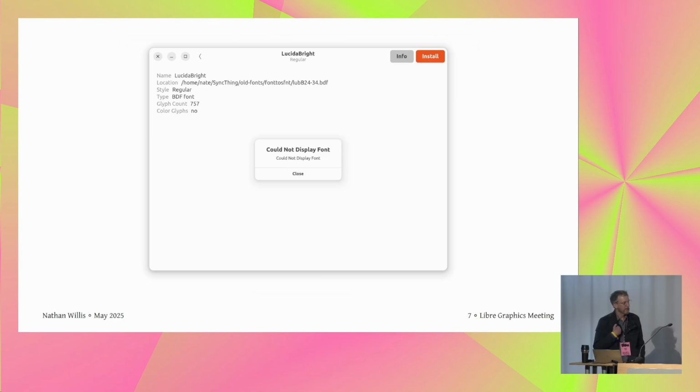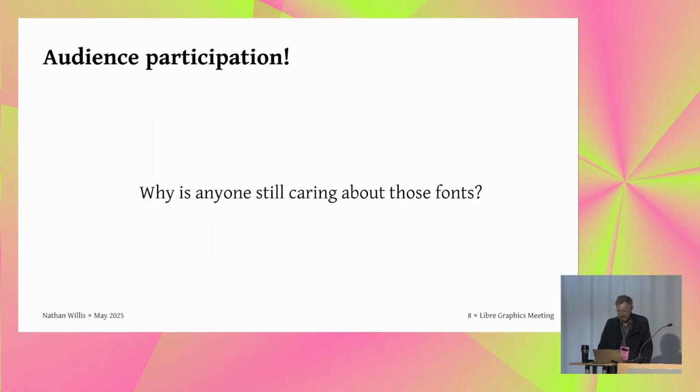Now, I understand what's happening, because I know the stuff that really needs to happen is in the contents of the files, but is not the glyphs. It's the rest of the stack that needs things for loading and matching and stuff. But I'm sure that's not clear to users. So open question, what do you think? Does anybody have a use case they think is why an individual might want to use some old font format?